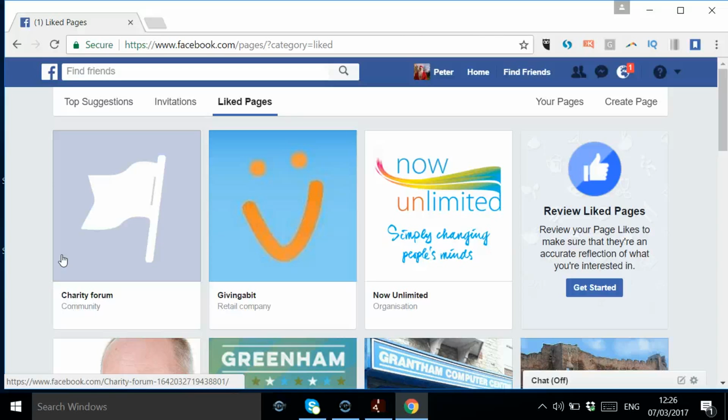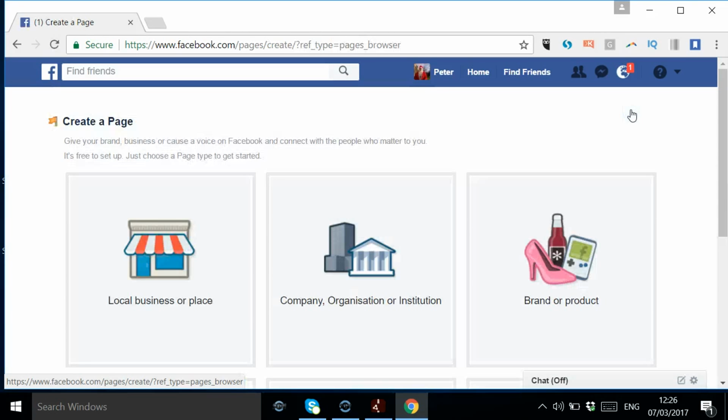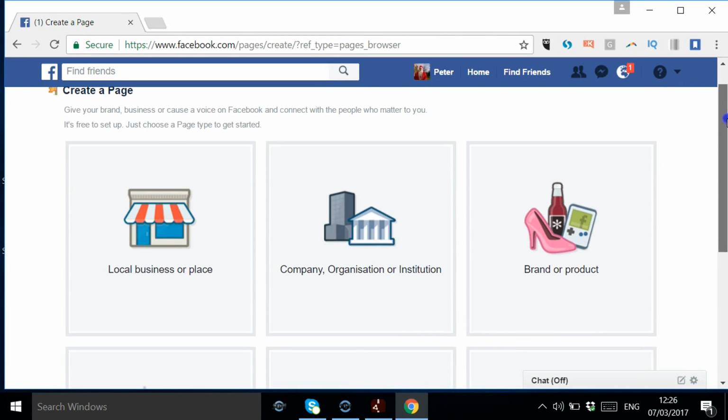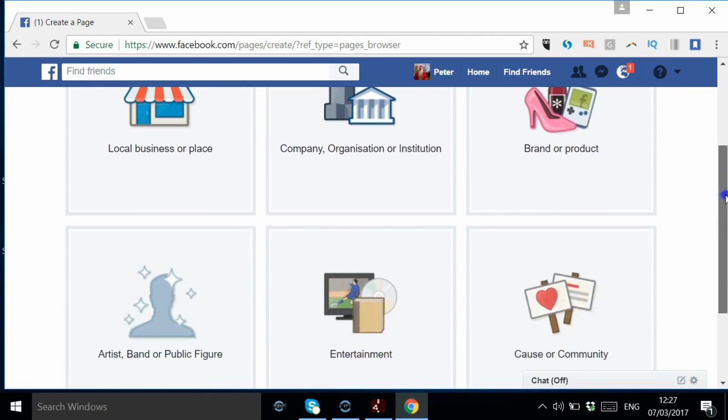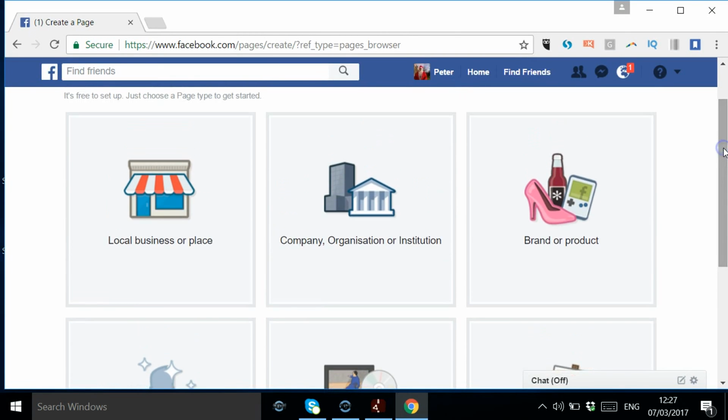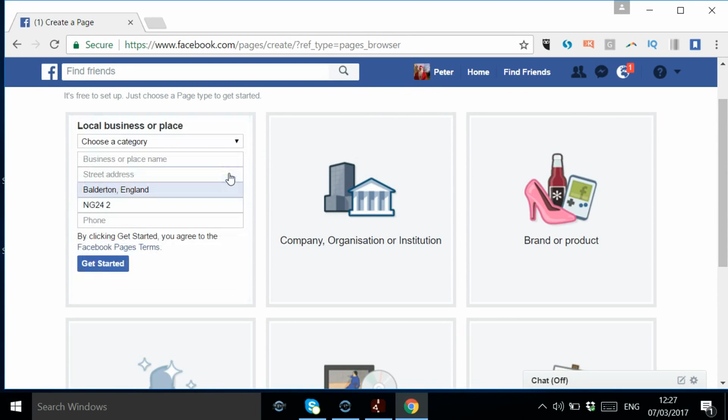So what I want to now do is go and create the page. So I'll click here, create page, and as you can see there are 6 options: local business, company, brand, artist, entertainment, cause or community. Just a little bit on each of those. There's local business if you've got a physical location, so you need to put in an address, so a shop or a